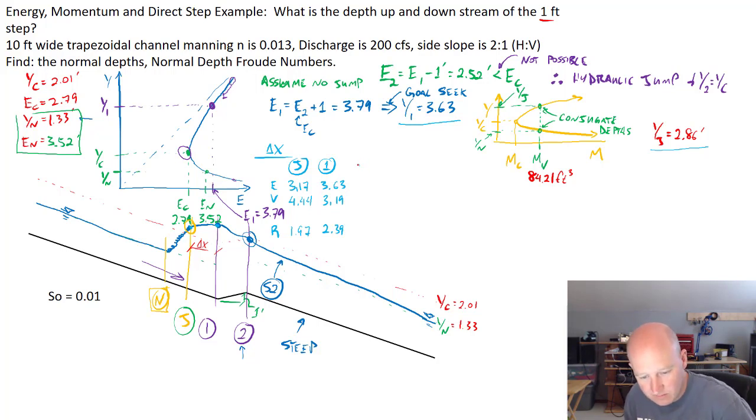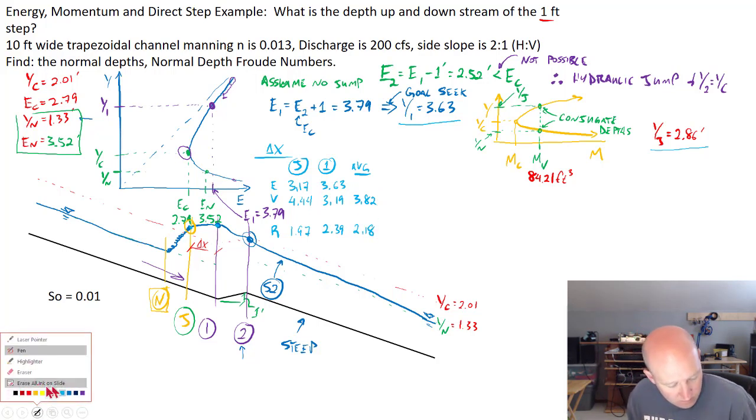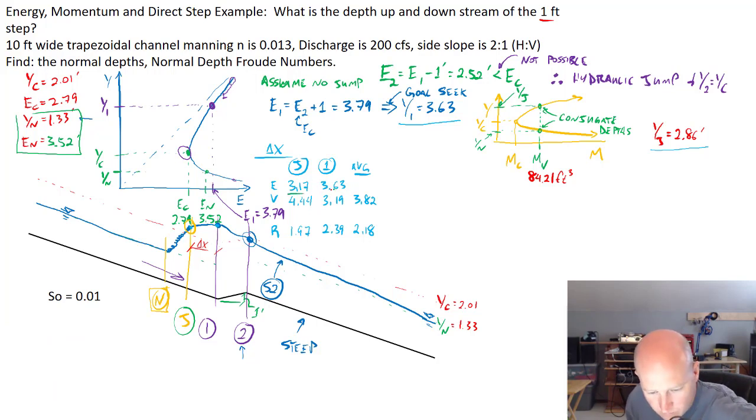And then we need to get the average of the velocity and the hydraulic radius. We're going to use these values for our delta x calculation. So what we need to do now is get that average slope of friction between those two sections. So SF bar is